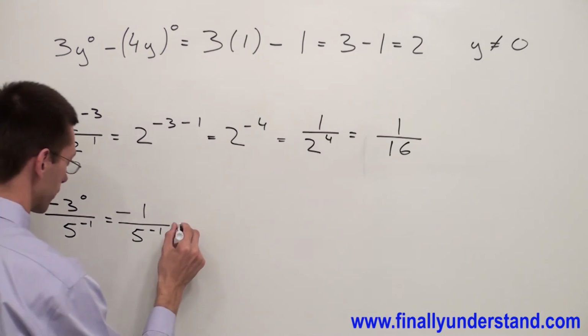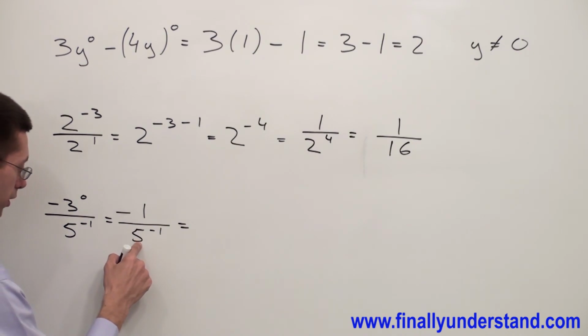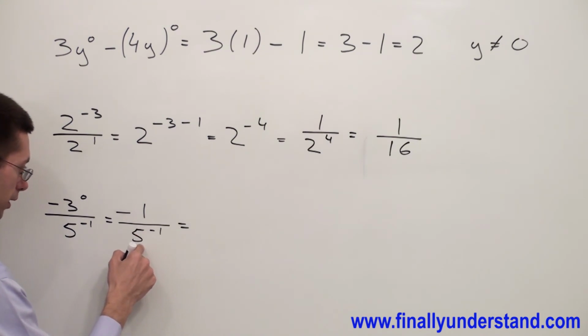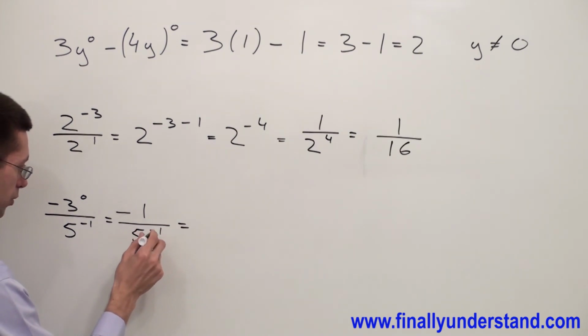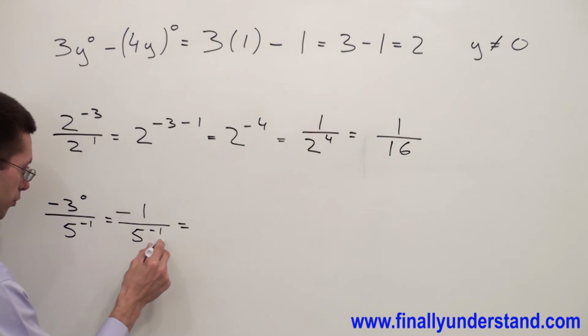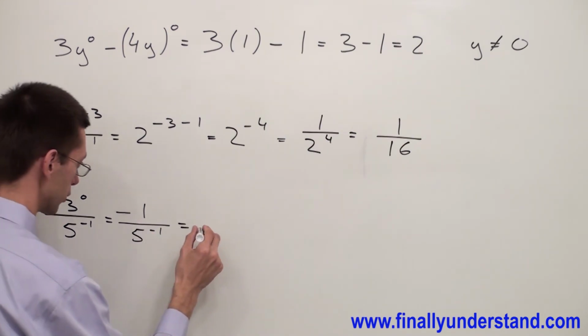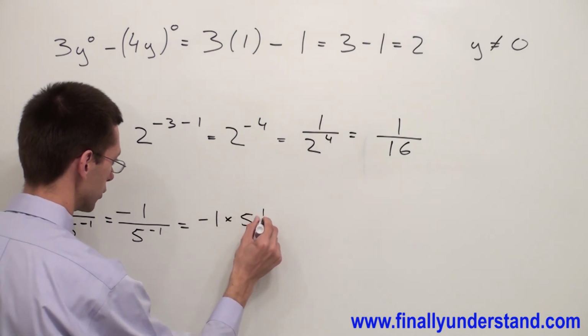Okay, now to make a long story short, let me show you a very nice trick. Anytime you want to convert a negative exponent to positive, especially when the number is part of a fraction, simply move this whole number from the denominator to the numerator and automatically this exponent is going to be positive. Okay, so that's why I'm going to have minus 1 times 5 to the first,